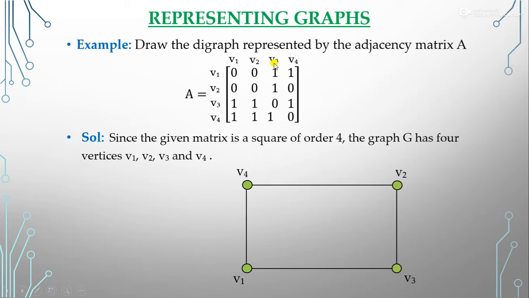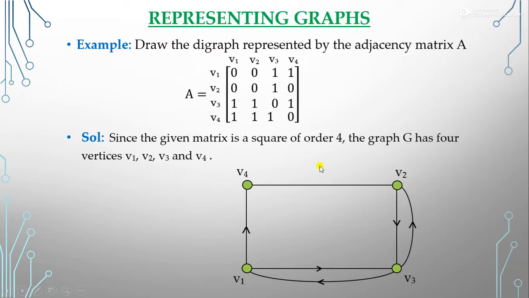So V1, V3 is 1, right? So V1, V3, it means that V1, V3 we have this. V1, V4, yes, V1 to V4, this directed edge is there. V2, V3, so this is our V2, V3, directed edge is there. V3, V1 means, first of all we have V1 connected to V3 with the directed edge. Now V3 is also connected to V1 with the directed edge. Next one is V3 is connected to V2. Direction is V3 to V2.